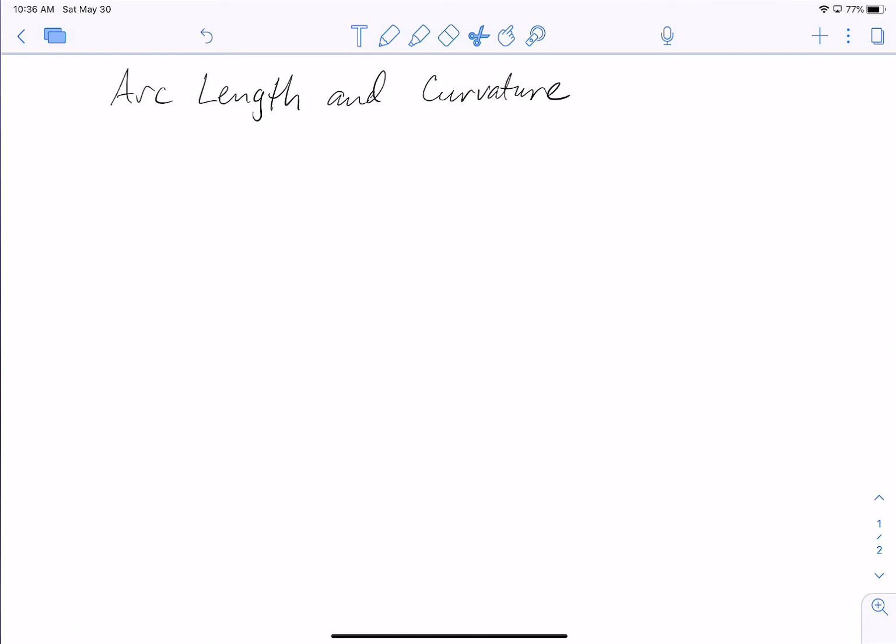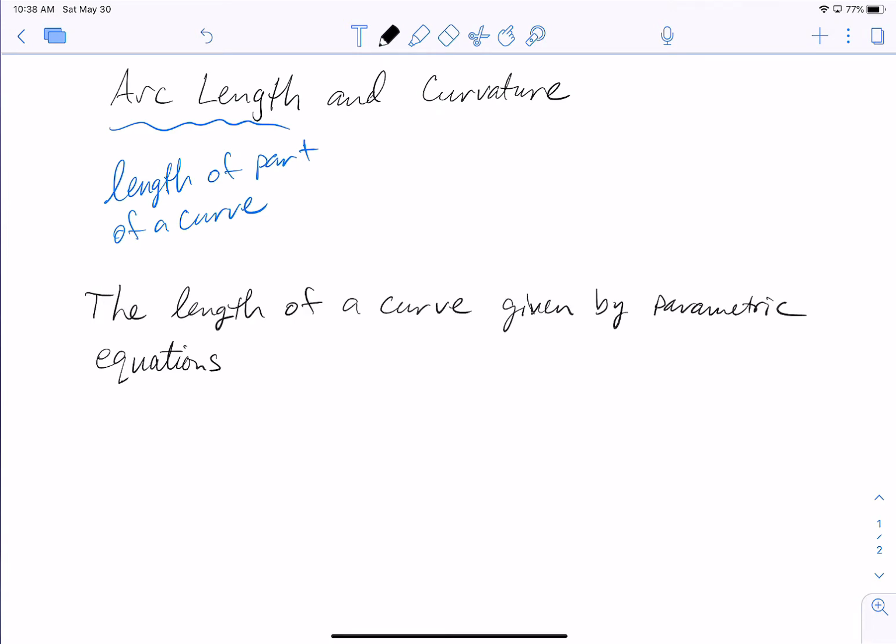As the name indicates, arc length refers to the length of part of a curve. We'll get to curvature in another video. In previous work, you would have seen that the length of a curve given by parametric equations x equals f of t and y equals g of t for t going from a to b